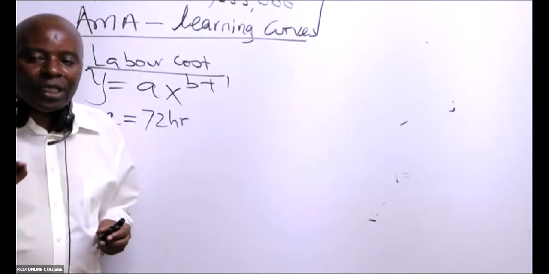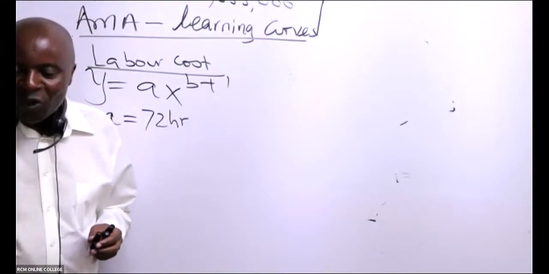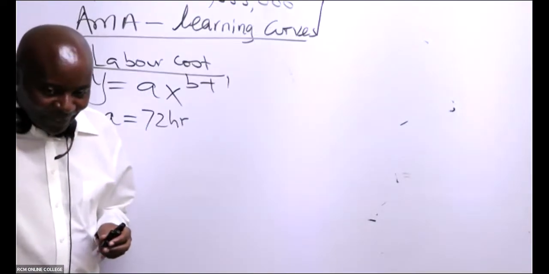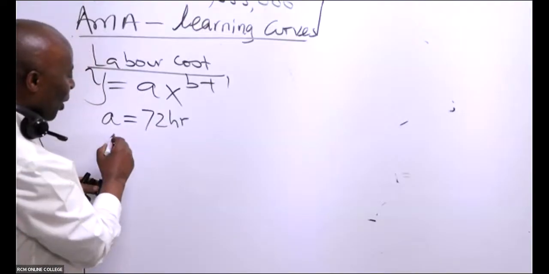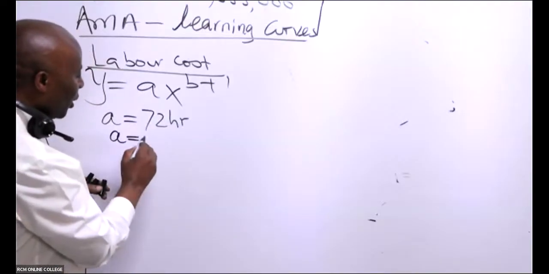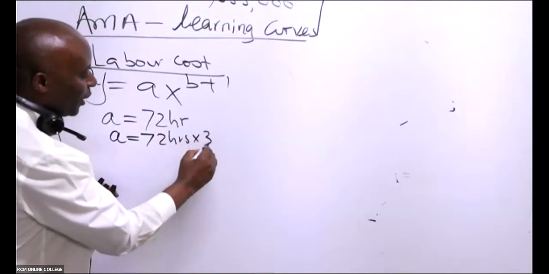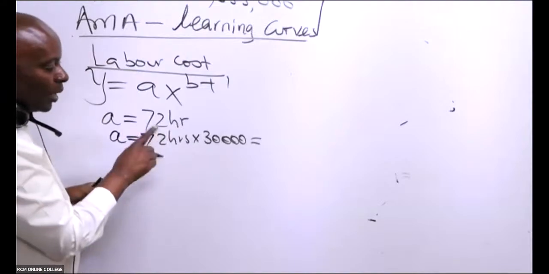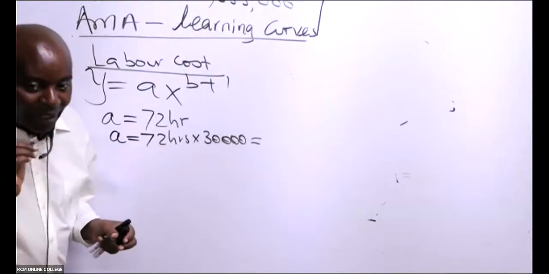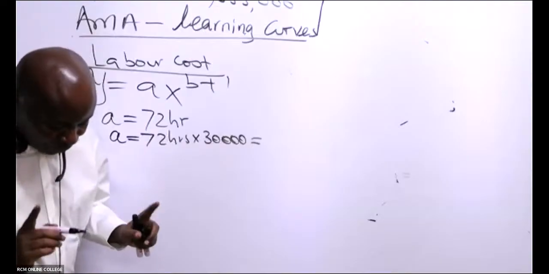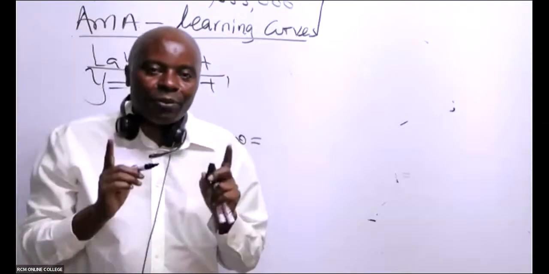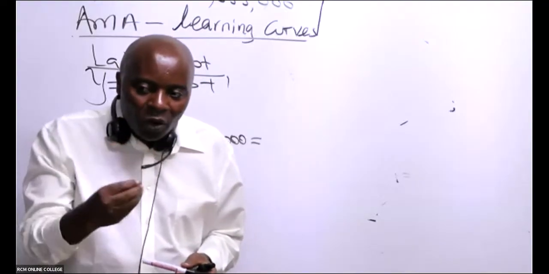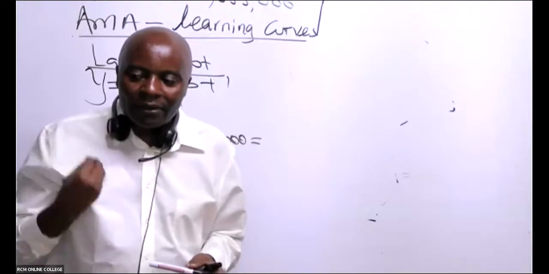Anytime you are able to see the labor cost per hour, you are always better off representing A as a labor cost. Always. As a ninja now. So come and convert this A to labor cost. So it will be 72 hours times what here, somebody? No. Each hour costs how much? Each hour costs 30,000. So remember what we said, that A can be in terms of labor hours, and as well, it can be in terms of your labor cost, the cost incurred to produce the first car.